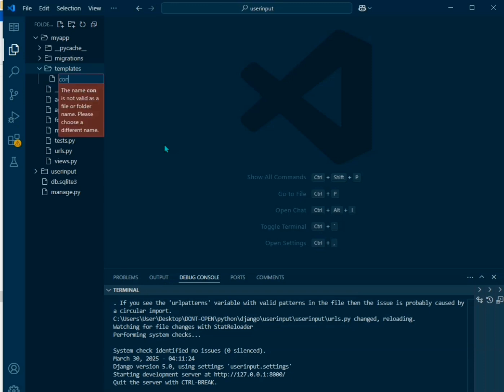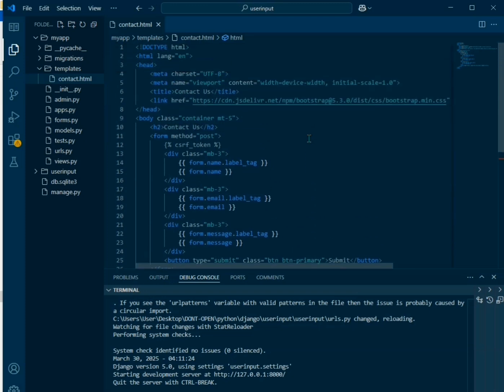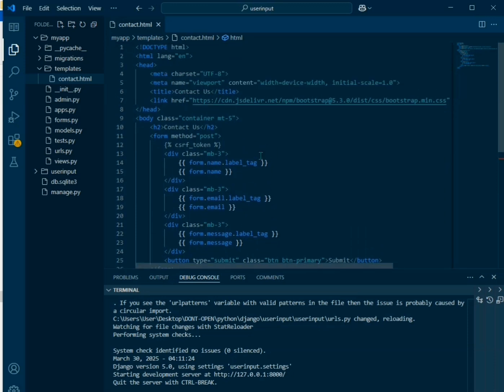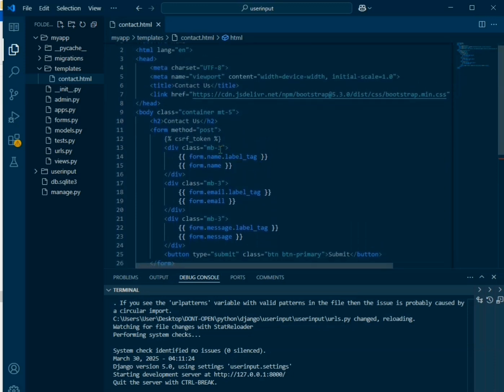That will be contacts.html, and I will just paste this. And what we actually have here is a form that we create, and we have to make some changes here. Let's go through the code. We have a CSRF token here,